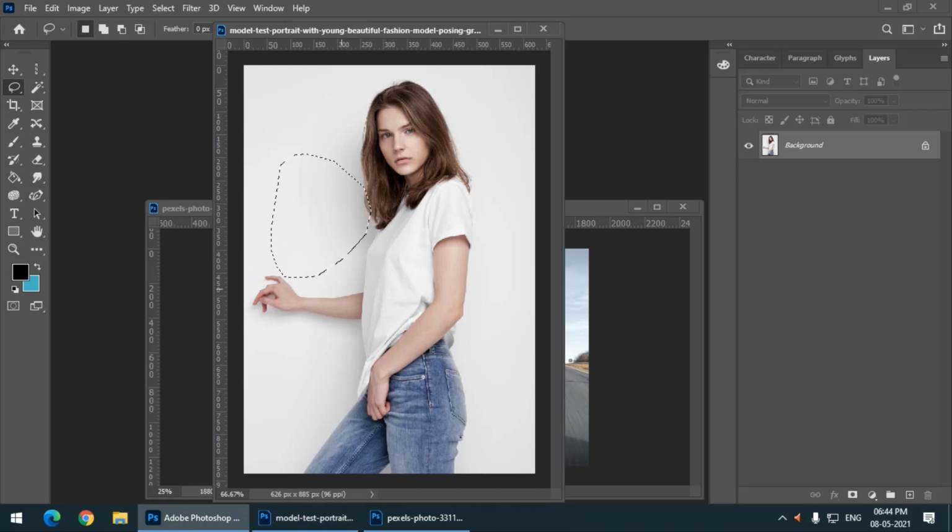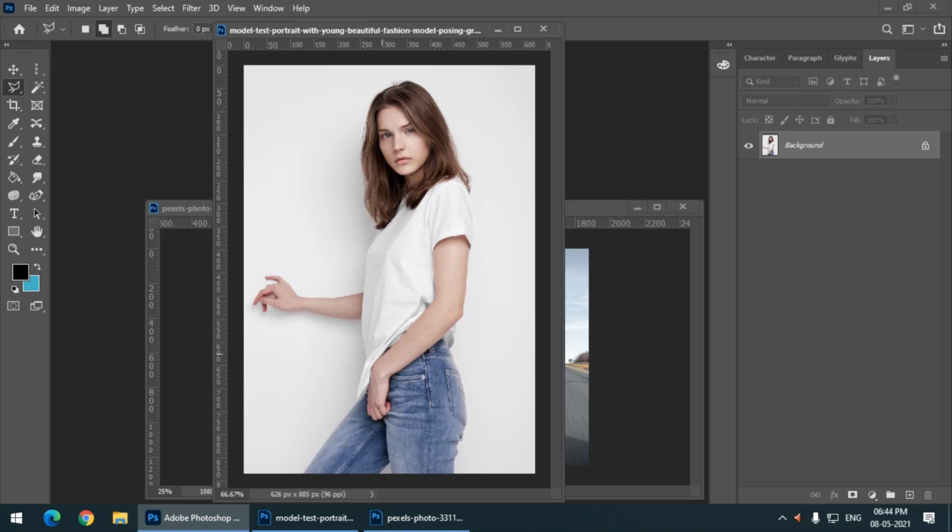This is very quick, and we can use the add to selection property to make a loosely selected area. In simple words, this lacks precision, and it is a bit harder to use compared with the other tools, because we have to press and hold the left mouse button. So if you want a more accurate selection, then we can use the polygonal lasso tool.